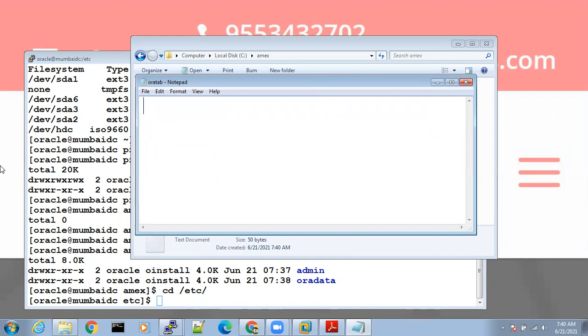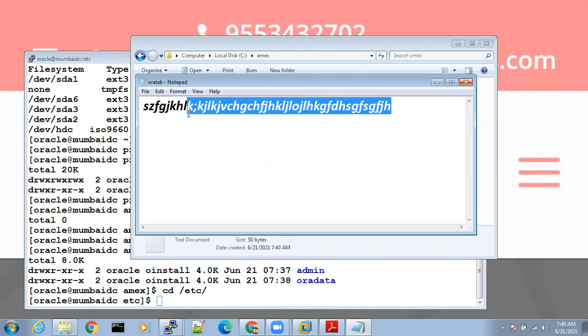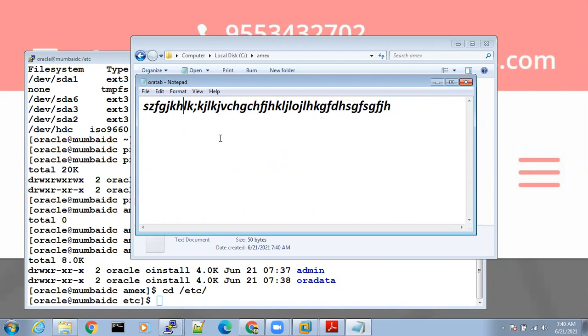Now, if you have typed this and suddenly you found that there is some mistake, and you don't want to save this file. If you want to save this file, there is Control S in Windows. Okay, if you don't want to save this file, which means you want to quit without saving, how do you do it? Just close it.